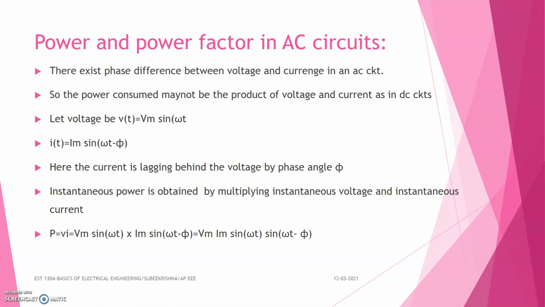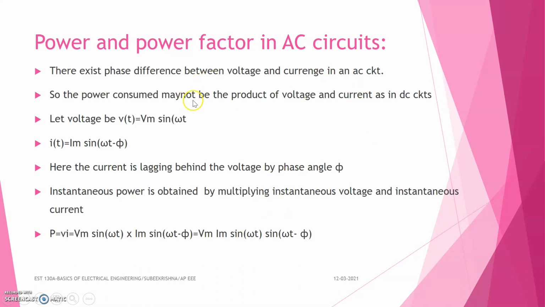Next is the power and power factor in AC circuits. There exists a phase difference between voltage and current in an AC circuit. In the case of a DC circuit, we can easily find the power by simply multiplying the voltage and current. That is, power is equal to V into I in the case of a DC circuit. But in an AC circuit, there should always exist a phase difference between the voltage and